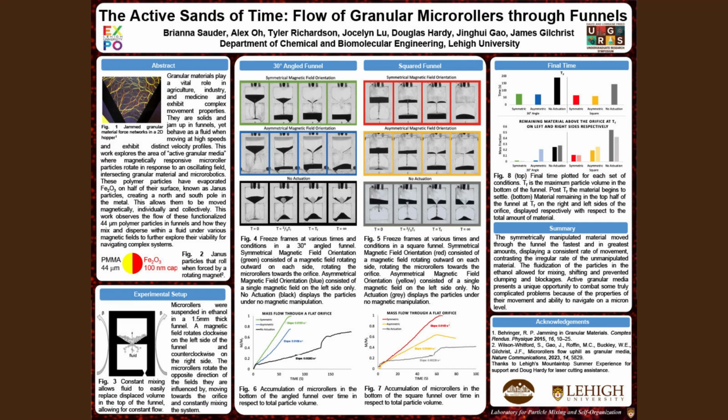I've been looking at the flow of granular microrollers through funnels. Granular materials have been studied for a very long time because of their unique properties. They are solids but display properties of both solids and liquids in their movement. They pose industry problems. Figure 1 shows the way force is distributed among granular material and can actually jam up